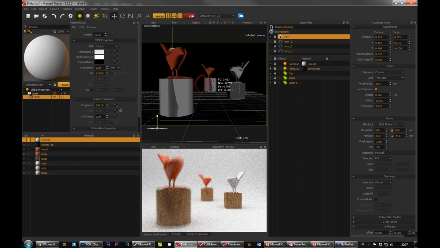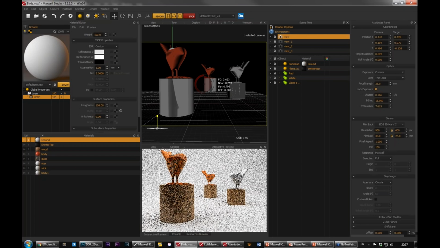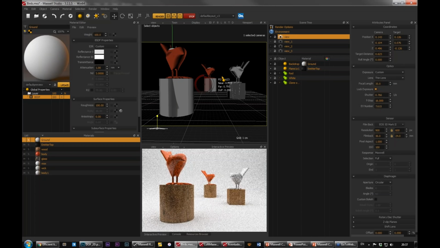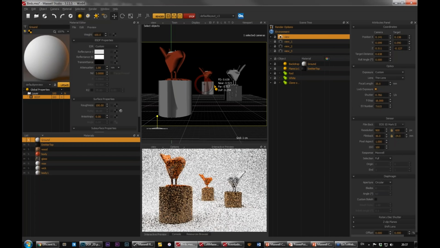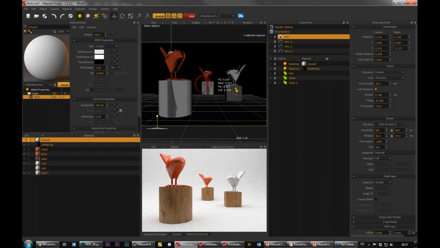So almost everything will be in focus now. Of course, this depends on the scale of your scene also. Okay, so now almost everything is in focus and my depth of field is 30 centimeters,